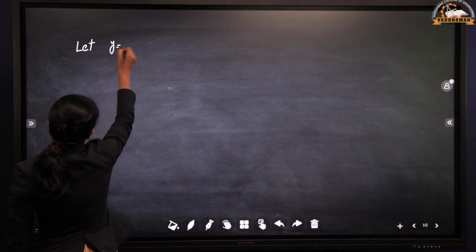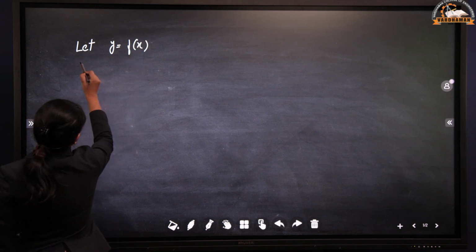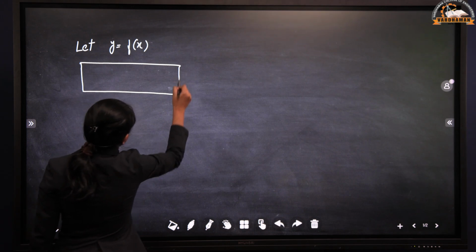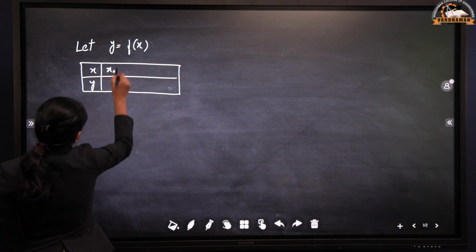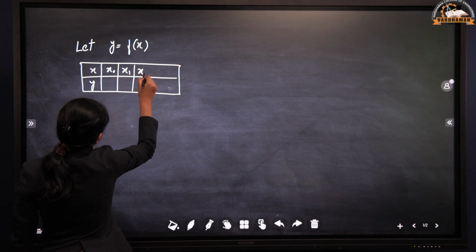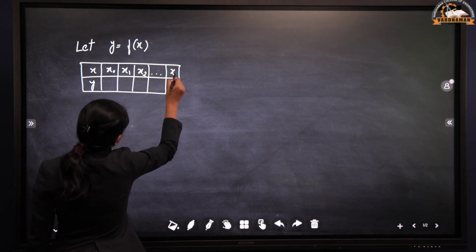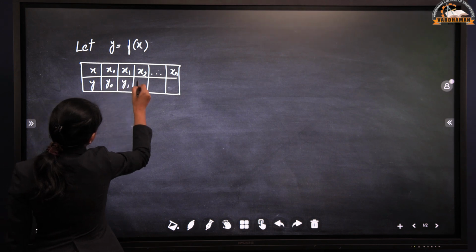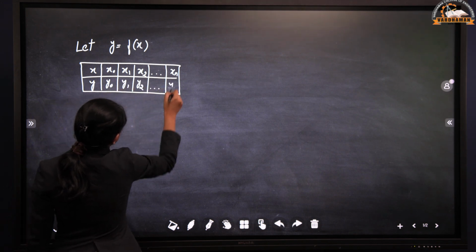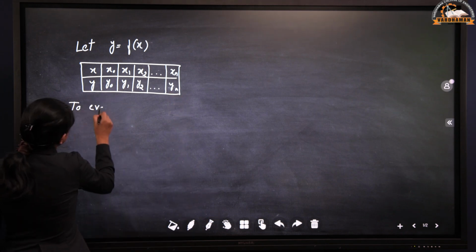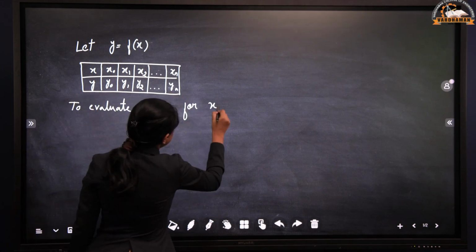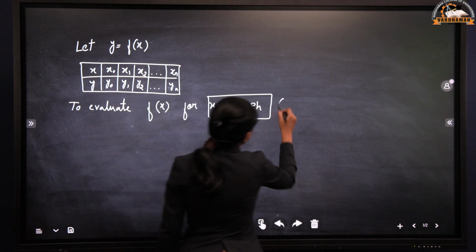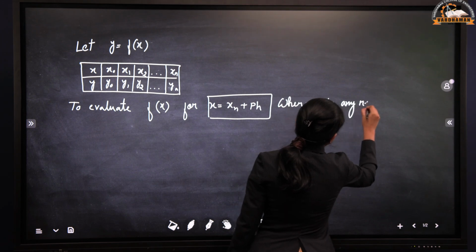Let y equal to f of x, and let this be the tabulated form for x and y values: x0, x1, x2 and so on xn. What are the y values? y0, y1, y2 and so on yn. To evaluate f of x for x equal to xn plus ph, where p is any real number,